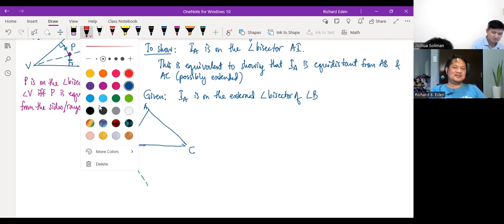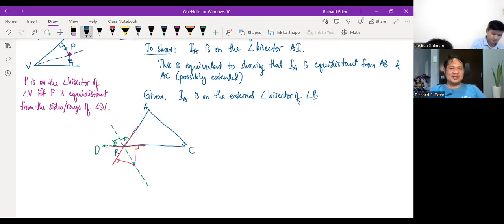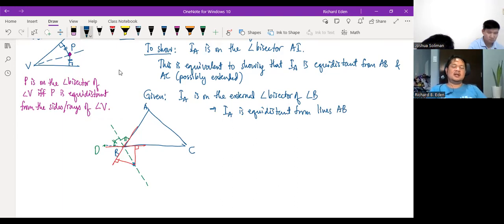I sub A is on the external angle bisector of B. Thus, I sub A is equidistant from lines AB and BC. Okay, however, I sub A is also on the external